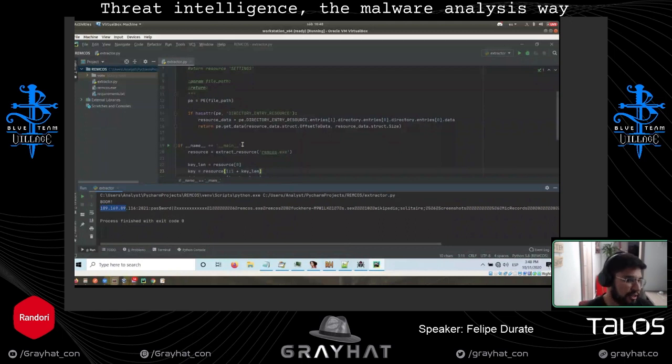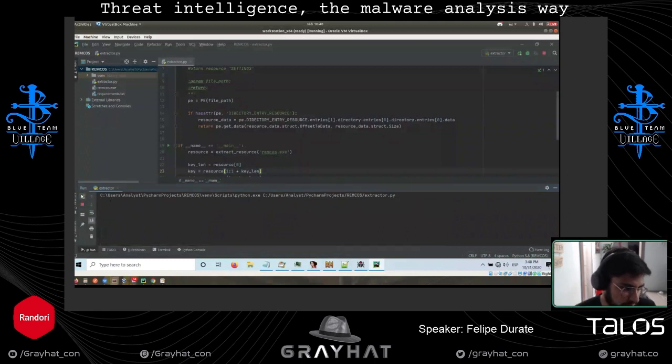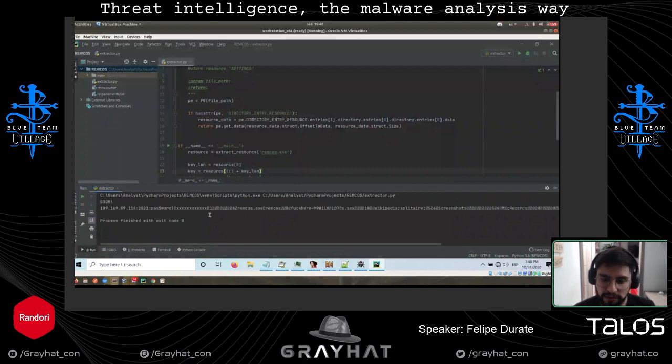That is how you can use malware analysis to speed up your analysis, because next time you find these kinds of samples, you actually don't need to execute them. You just need to unpack them. You can use other services to unpack them, and you just send those samples to these kinds of scripts, and you extract the configuration without executing. So it is way faster. If you see here, it's like 3 seconds and you have everything.